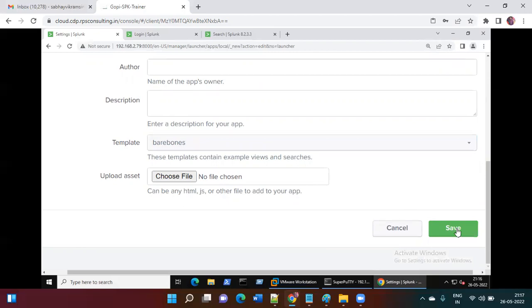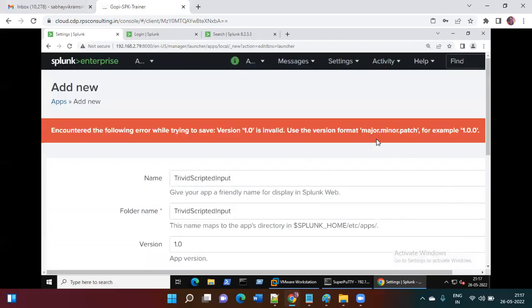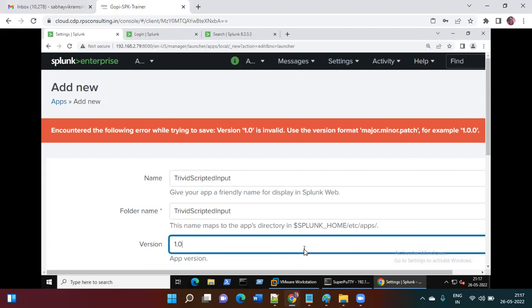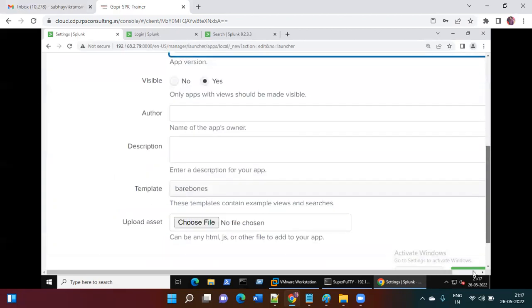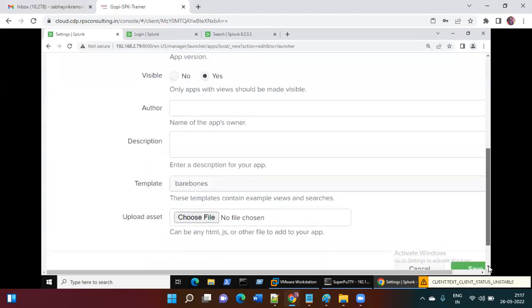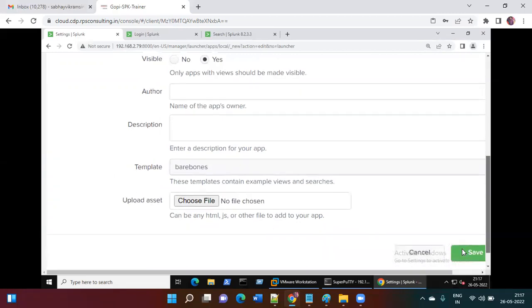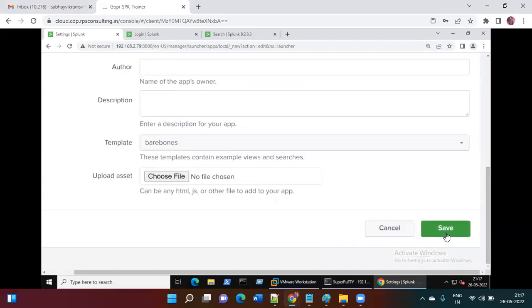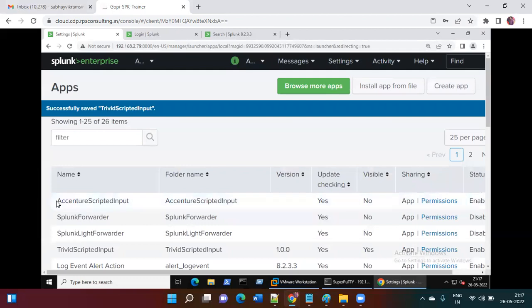Okay, so it has got saved now. Major, minor, patch. So the version should be in this way, 1.0.0. So I'll just come down a bit and here go for this. Okay, just come down and click on save. I'm going to click on save here now. My application got created. You see here,